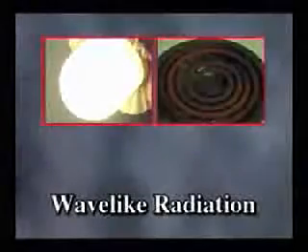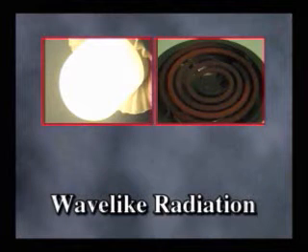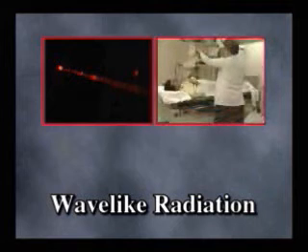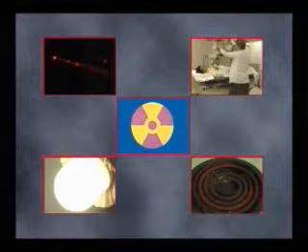These devices normally consist of a source. Let's start by defining radiation as energy traveling through space in the form of particles or waves. Wave-like radiation can take the form of familiar things like light or heat, or less familiar things, laser beams or microwaves, X-rays from the machine at the doctor's office, or gamma rays from radioactive materials. All of these are examples of electromagnetic radiation, which differ only in the amount of energy carried by each ray